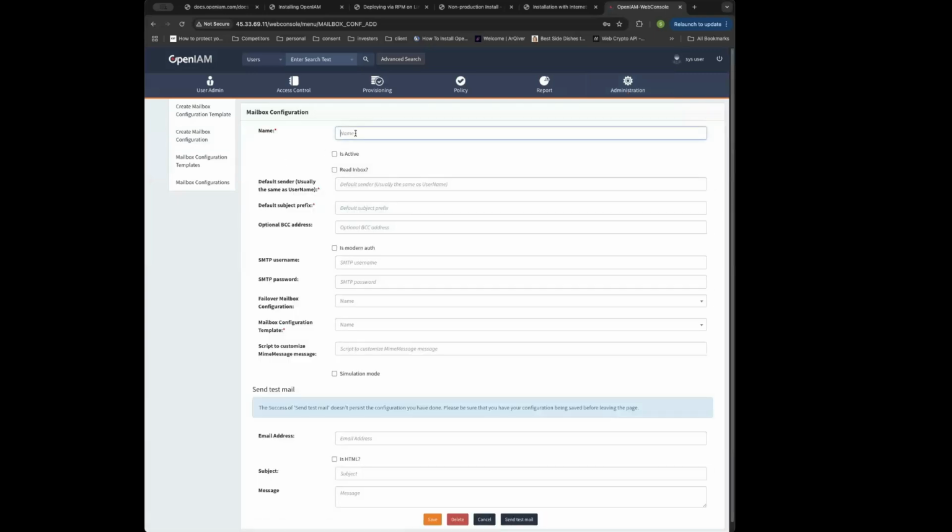And I'm going to say, what are you going to call it? Right? I'm going to say it's active. And then there's a couple parameters that we need to put in. So we want to put in the sender name, where these emails are going to come from. So we're going to say that. It's no-reply at openiam.com. And the prefix is going to be